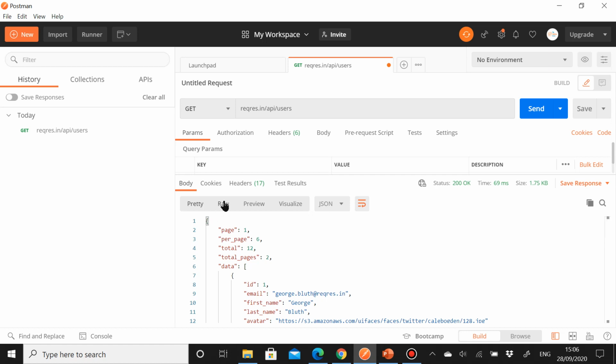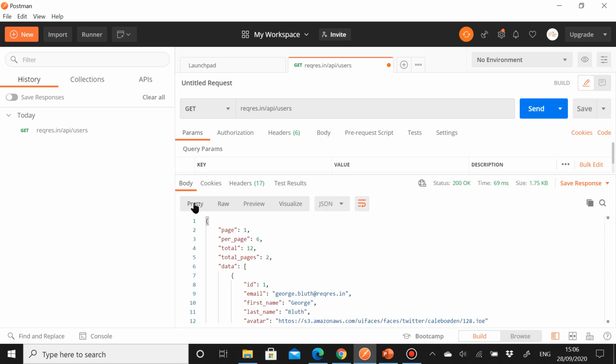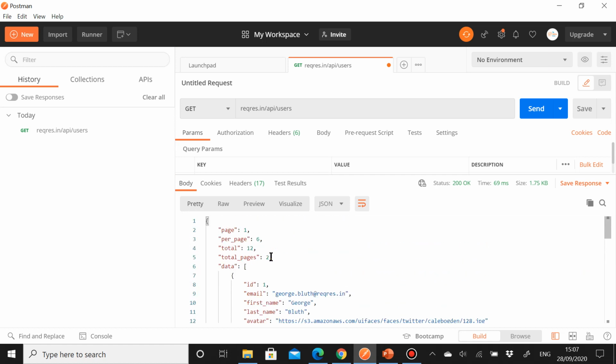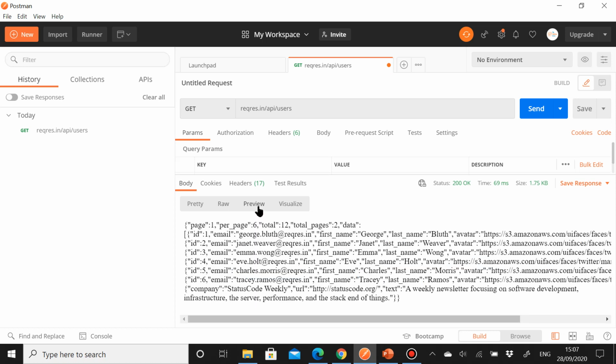Okay, and the second option over here under the body we can see is Raw. Now in this option the code is the same as it was in Pretty, but it is displayed in a single line and there are no colors. So you can differentiate that in the Pretty format it's easy to read because of all the indentation and the different keyword colors, etc. While in Raw there still is the same data, but it's in a raw format. Okay, and then in Preview we can see that